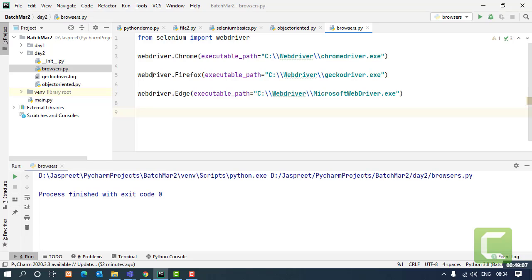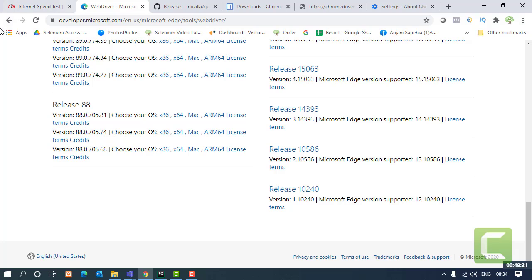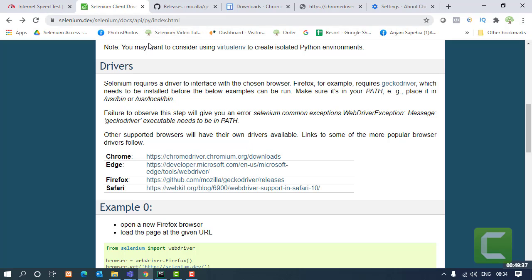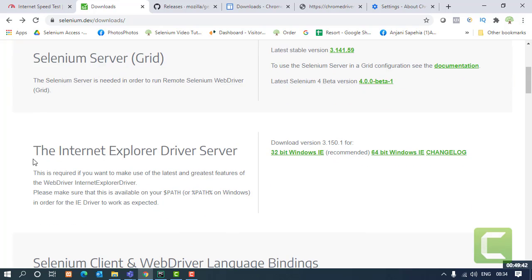Now these are the three main browsers which are generally used. Talking about Internet Explorer, that is deprecated nowadays. It's not being used. People don't use it because it's way too slow for automation. But if you still want the automation to be done on Internet Explorer, you have to go to the official website, back on the downloads page, and here the driver for Internet Explorer is available.